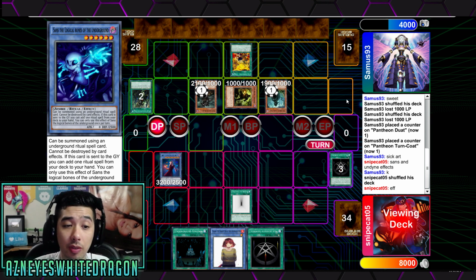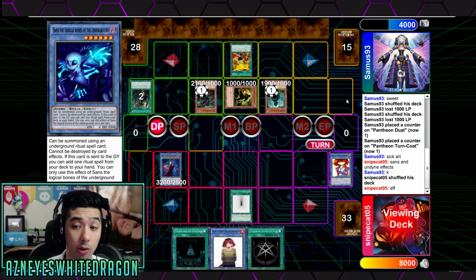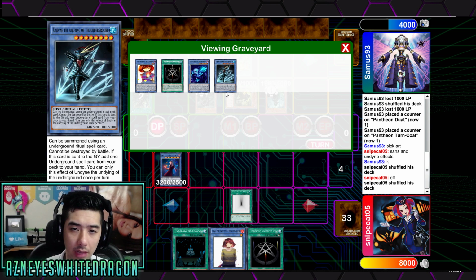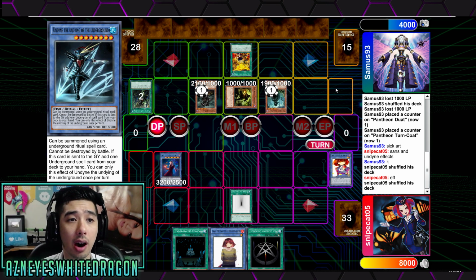This card is sent to the graveyard. You can add one ritual spell from your deck to your hand. You can only use this effect of it once per turn. So this one lets you add a ritual spell, and then this one is a ritual monster. Okay, I gotcha. And then next up we have Undying of the